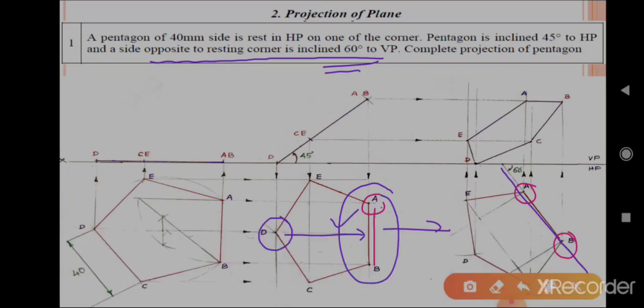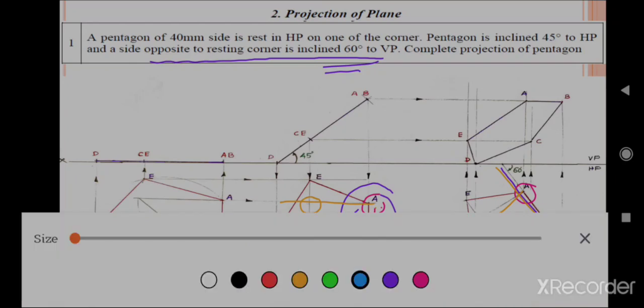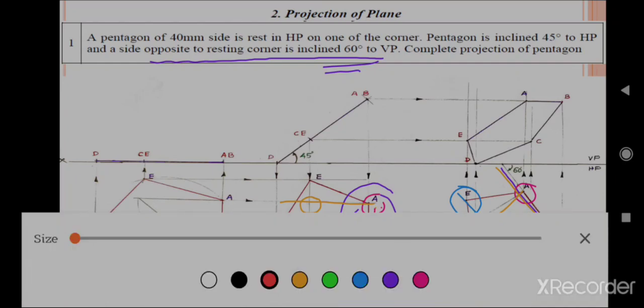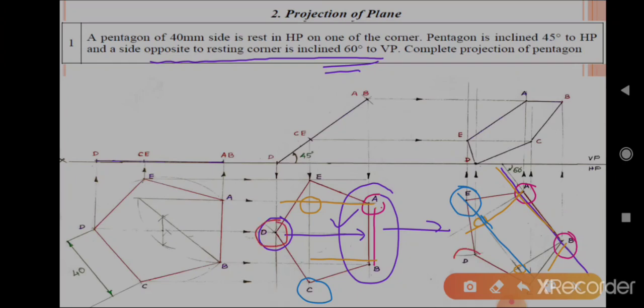After marking point A and B, draw the perpendicular lines to the 60 degree line. Then take the distance from A to the crossing point, and after that draw the line that cuts the projection line and mark the points E and C. After marking that, take the distance C to D, we can mark the point D,